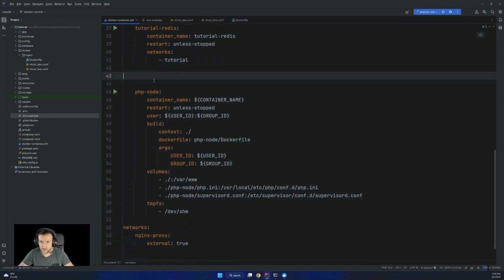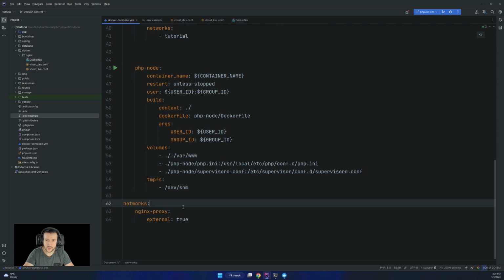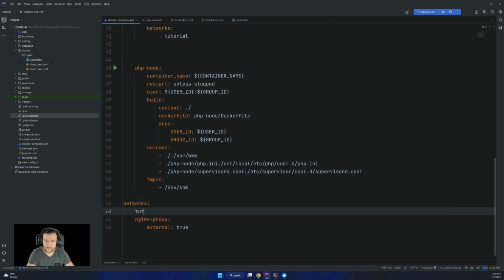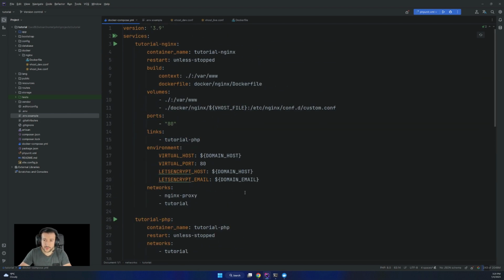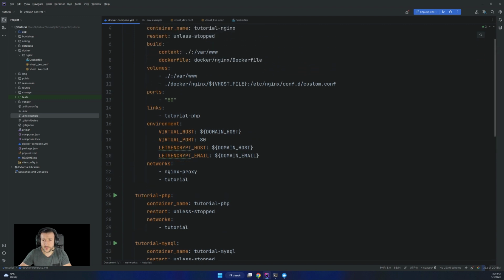I'm gonna go with a tutorial in here, but no external. So this will be an internal network that will be for all the Nginx.